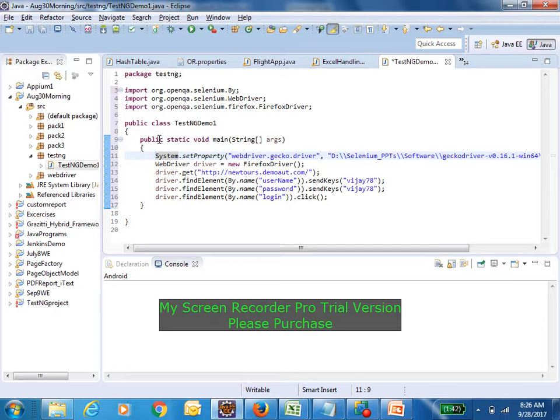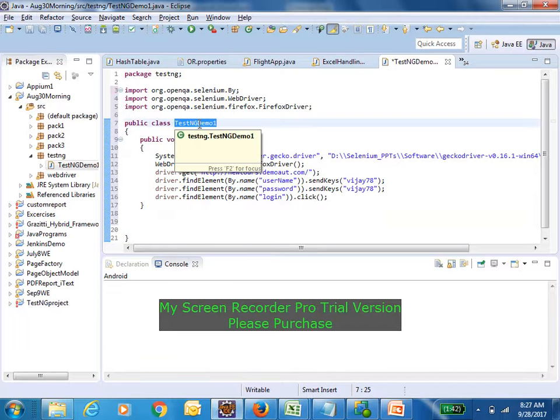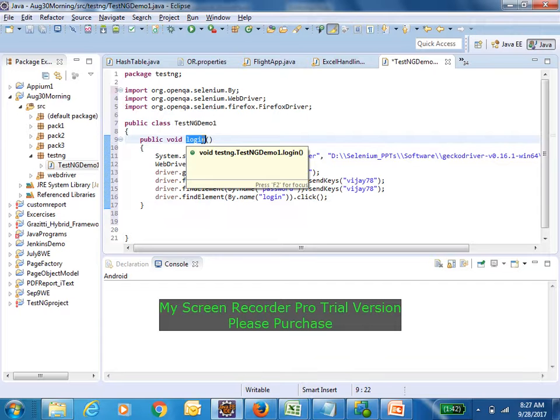So I need to create it as my own method. How am I doing it here? Public void. The script name itself I am doing login. Okay. Now fine. So now I have created one method. This method contains one test case. What is that test case? Log into that application. Correct? Okay. Fine. Now others, if you want to do the login, you can access it from my script. You can do that inheritance and you can access this method in your script.